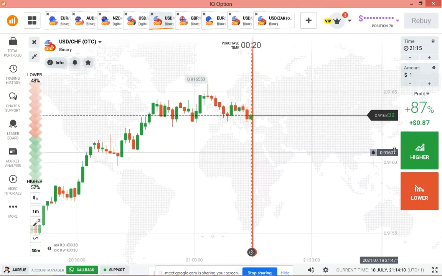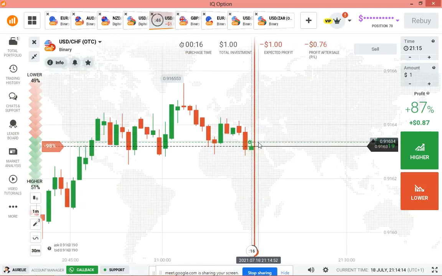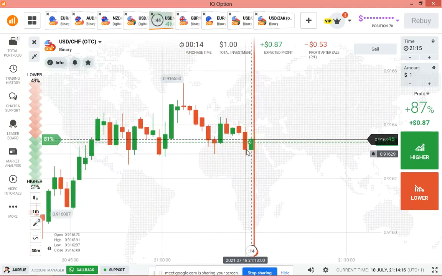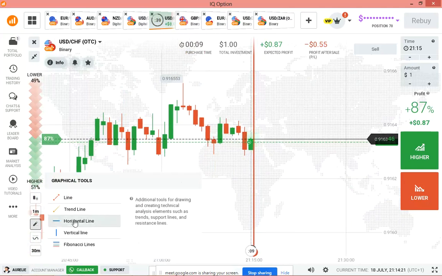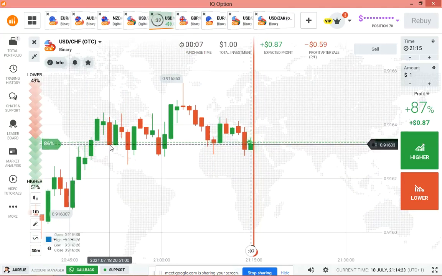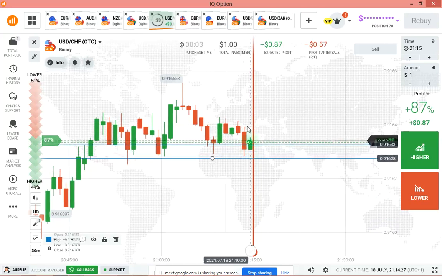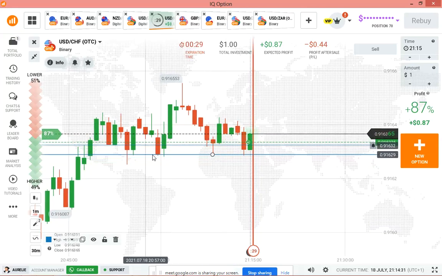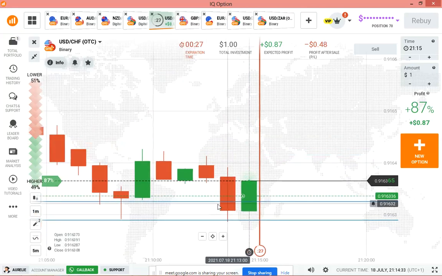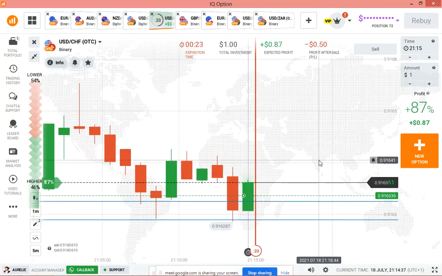Okay, there's a rejection. I think the buyers should enter because there's a rejection. Let me draw the zone line starting from this to this. That is the zone level. Okay, that is the buyer's zone. We call it buyer's zone, and the candle closed at the buyer's zone with a rejection, so we can expect buyer's entry here.